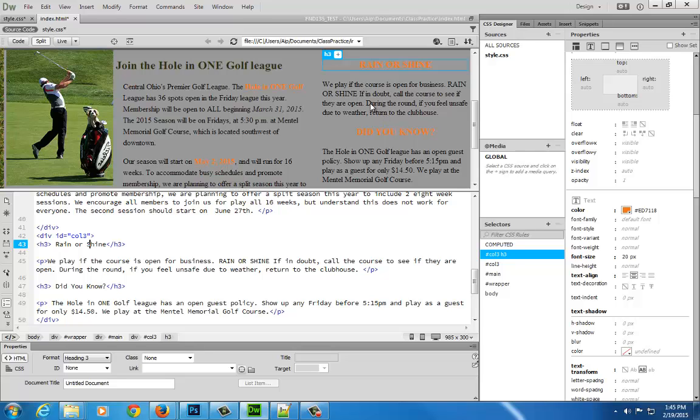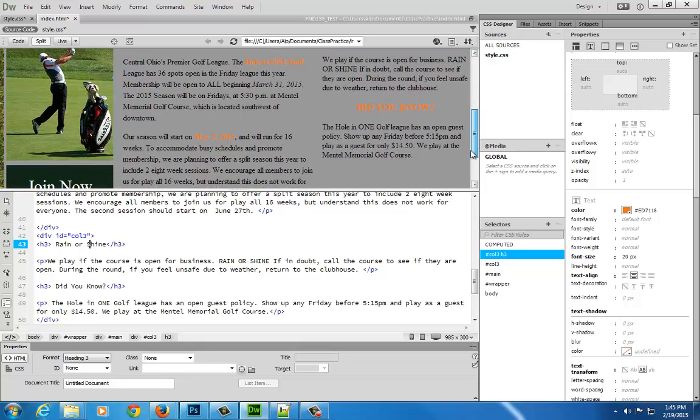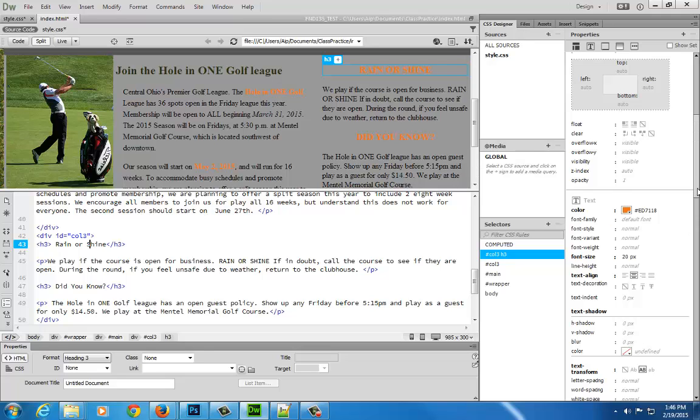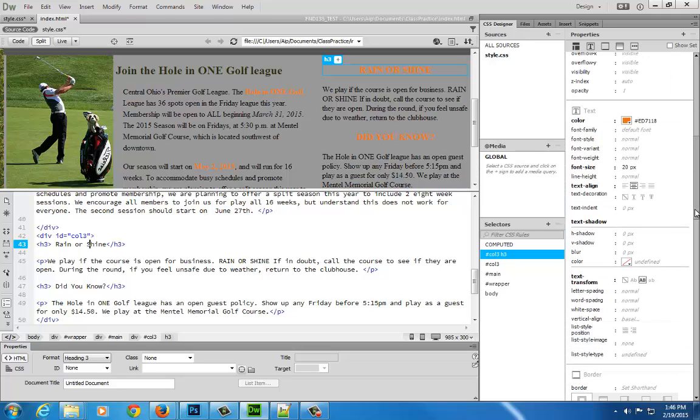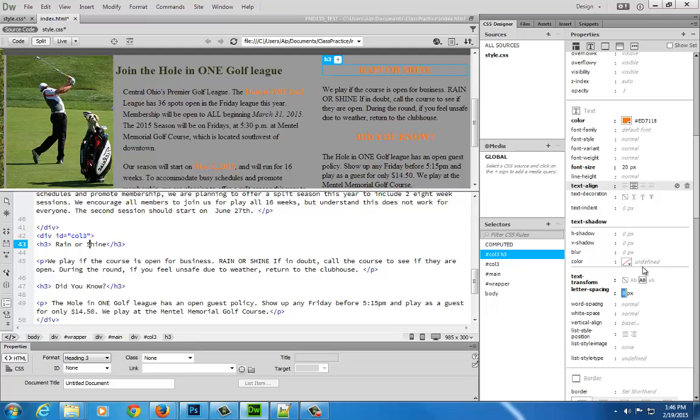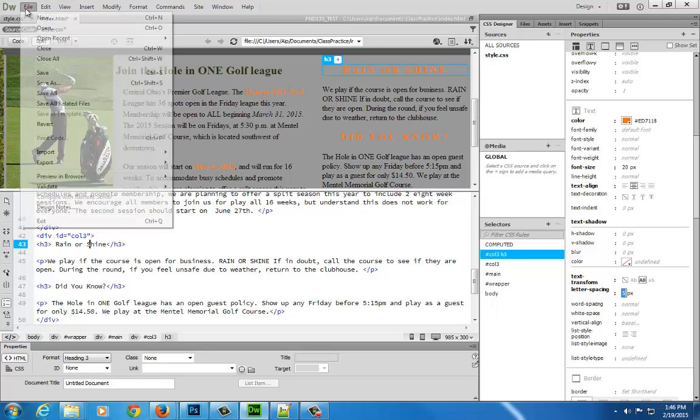Then again, I would add some bold and italics where you think you want to draw attention to certain areas. If you want to apply other styles to it, like a drop shadow to the text or something like that, you can definitely try that out. That definitely is going to help. You can also experiment with other styles like letter spacing. You can go in and say, let's do 5 pixels here, and when I do that, see how it adds a space in between the letters. So again, you can experiment here with your text, but the key is to put your content in, mark up your text so you have some structure, and then format your text to fit your color scheme. Now let's save this real quick,